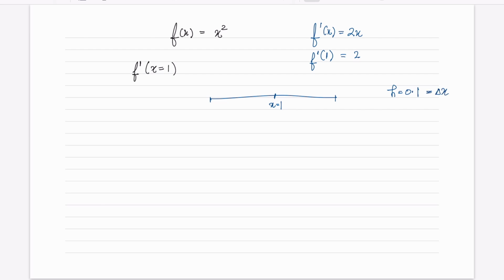So I'm having a grid where this is my x equal to 1. Then this point becomes x equals to 1.1. You can think of this as x_i, this is x_(i+1), and this point as x_(i-1), and the value of x would be 0.9. Now if I use a forward difference method,